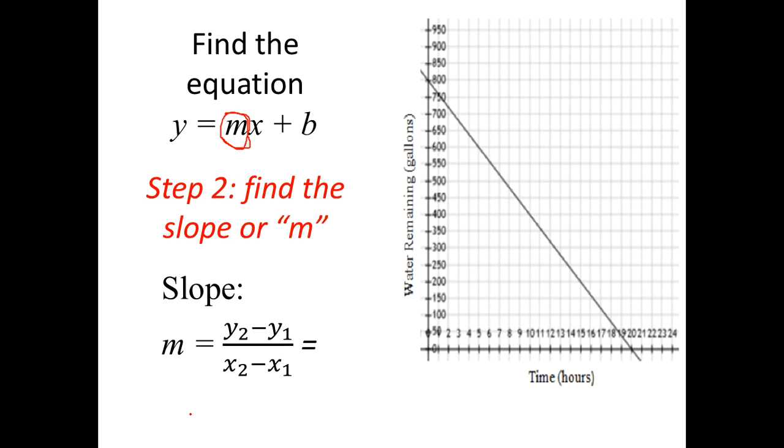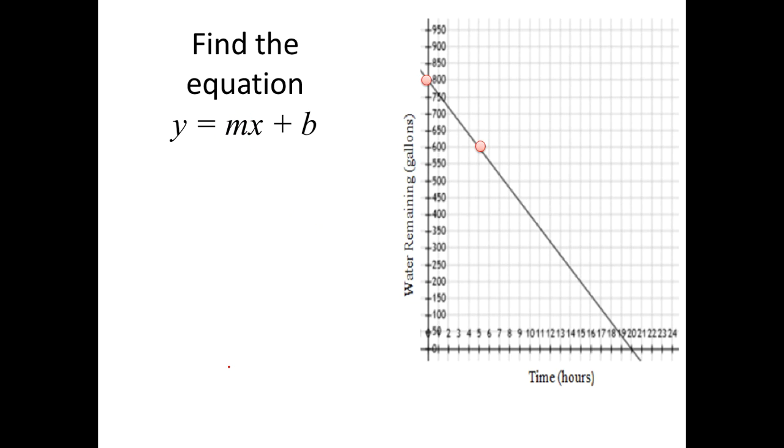Good. I hope you wrote that down. It reads y2 minus y1 over x2 minus x1. That's also known as the change in y over the change in x. All right, so the first thing I'm going to do is I need 2 points